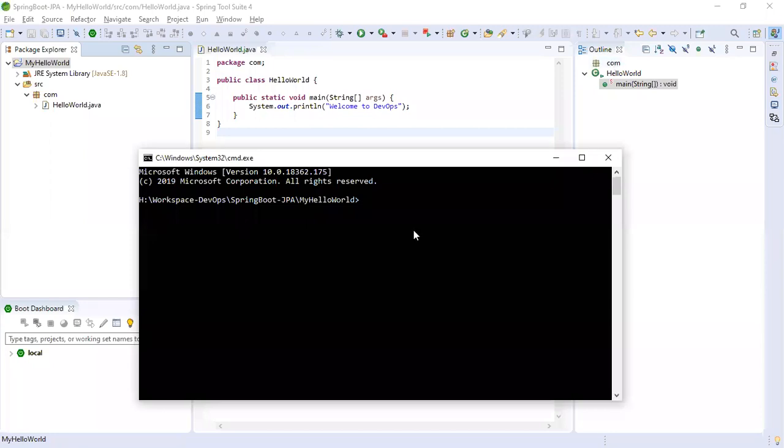Yeah, I came to the command prompt. In that command prompt I'm going to use git init. So what it will do is initialize your git repository in the local.